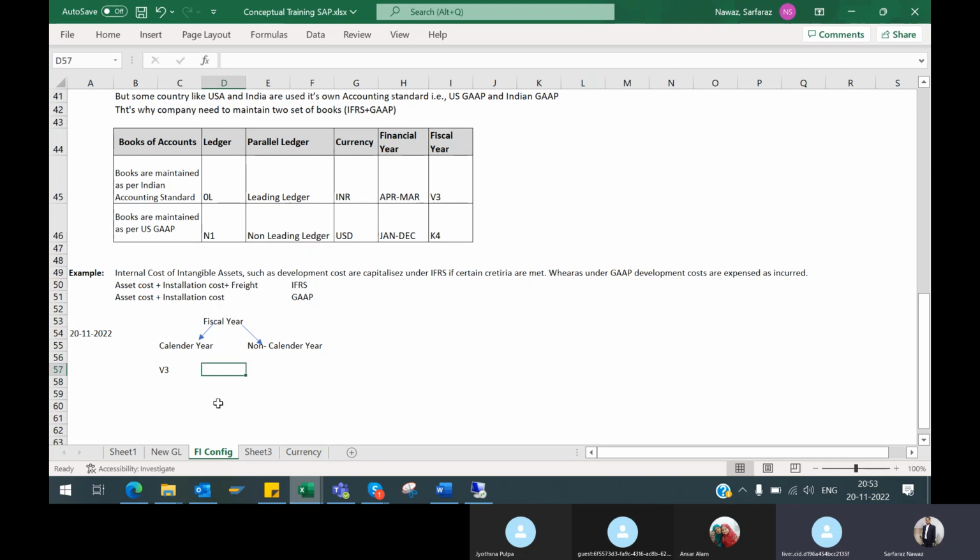straightforward. SAP is telling that if some company is following March to April, they can use V3 in fiscal year. And if some company is following January to December, they can take K4 as a fiscal year,